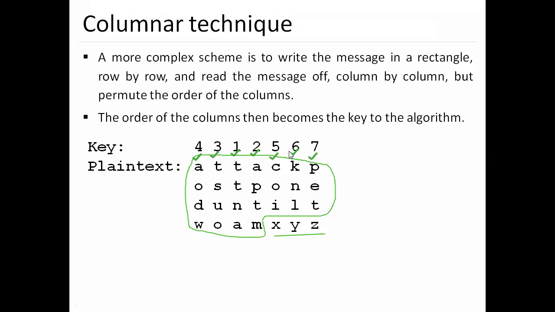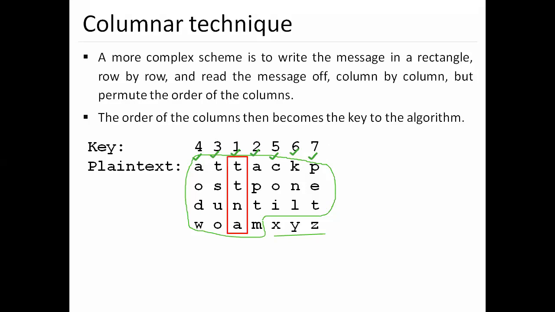Here we make a random selection of a column order like 4, 3, 1, 2, 5, 6, 7. We can also do 2, 4, 6, 8, 1, 3, 5. We can make any combination of a key to take the columns. Literally, we are not applying the key to the plain text directly to make it ciphertext, but we use the key to help select columns of the plain text to make the ciphertext.